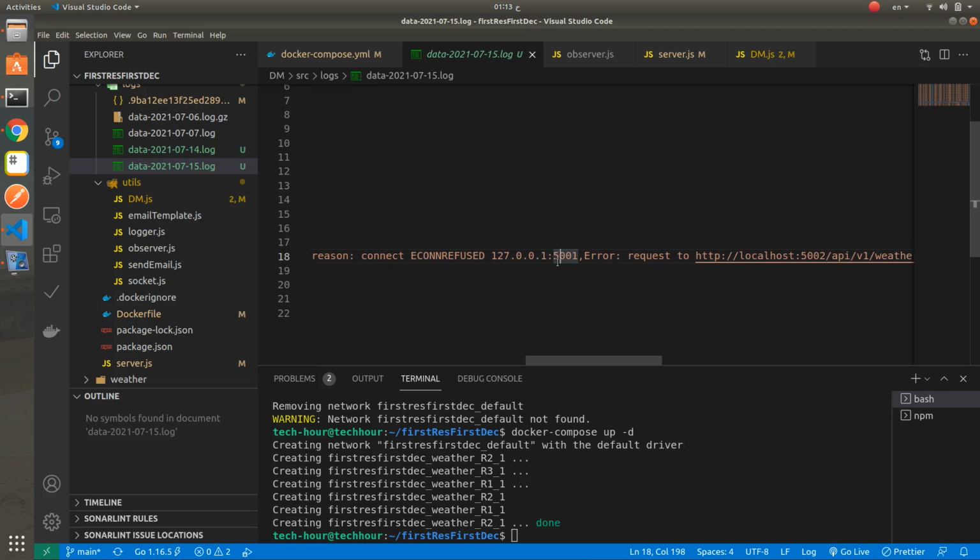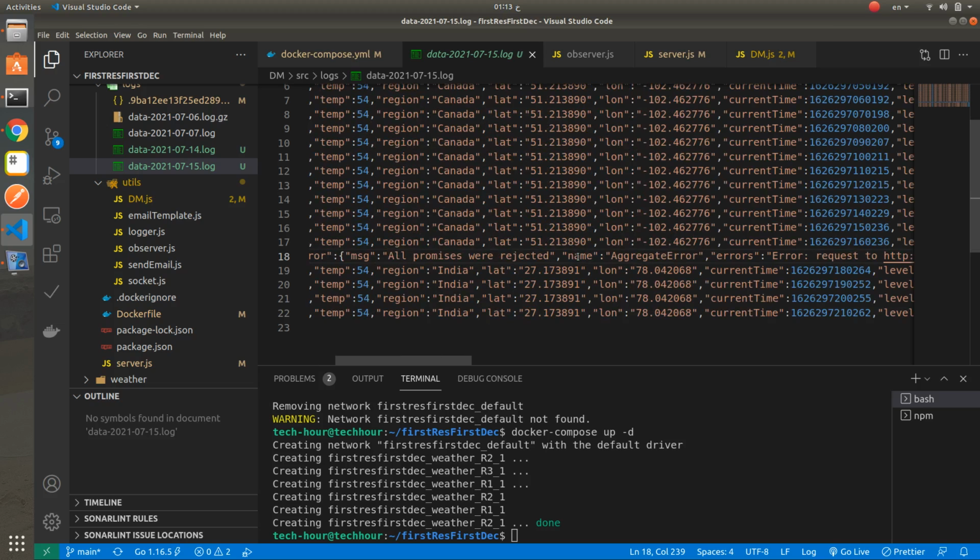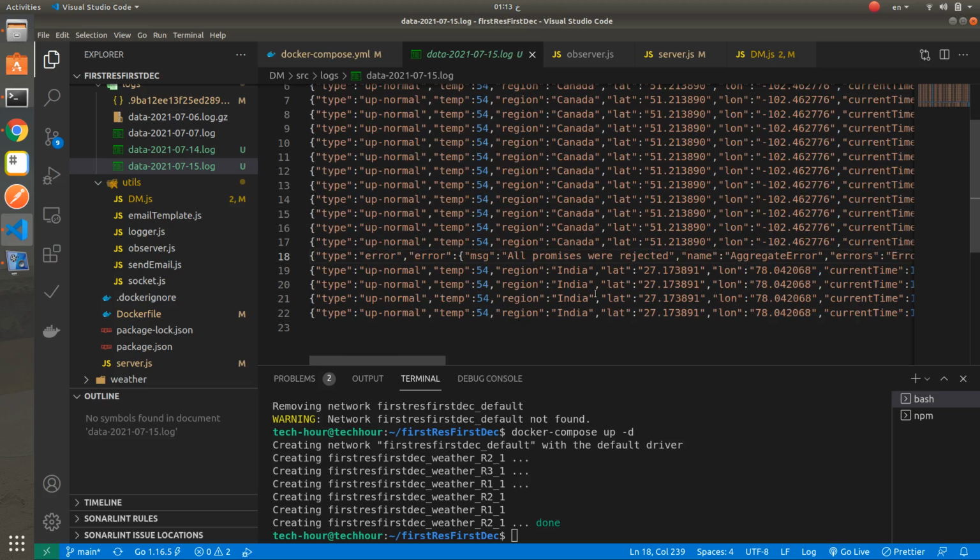This is 5001, 5002 the second server, and 5003. Now it's running, and the fastest response is now coming from the India server. And it's also abnormal.